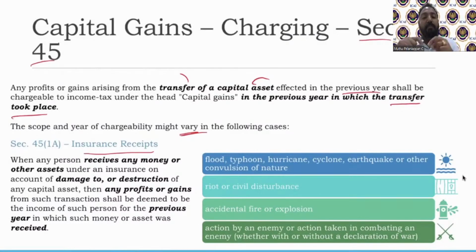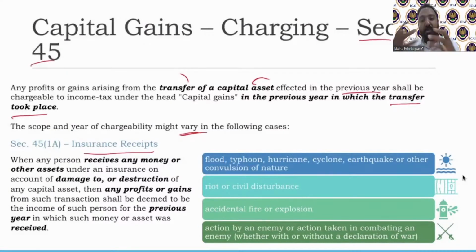Either they could give you cash for that machinery, or the insurance company itself could give you another asset. Remember PGBP: what is the purpose for which you can insure a particular asset? Damage or destruction. So if there is any damage or destruction for which the insurance company is giving you money,